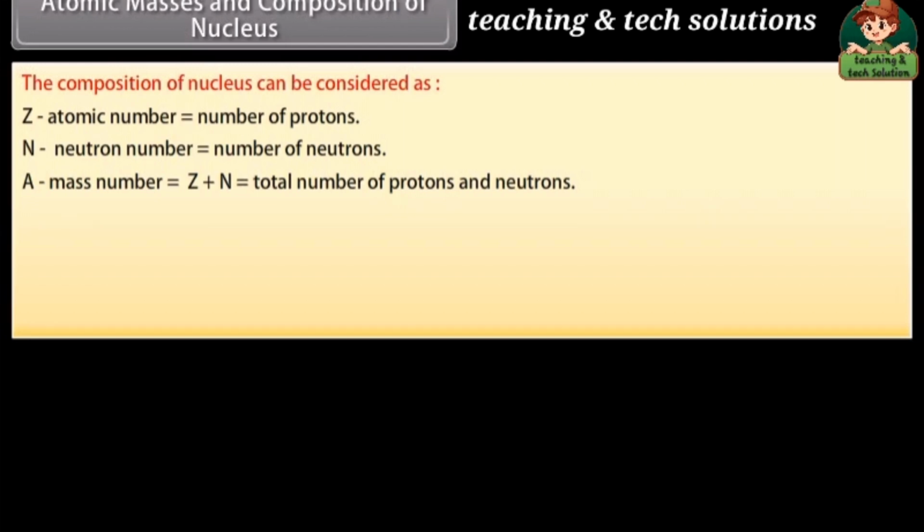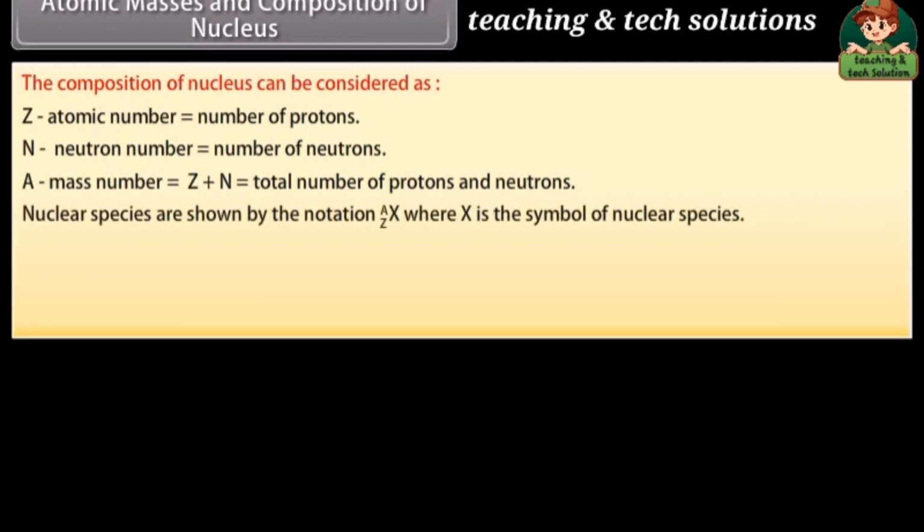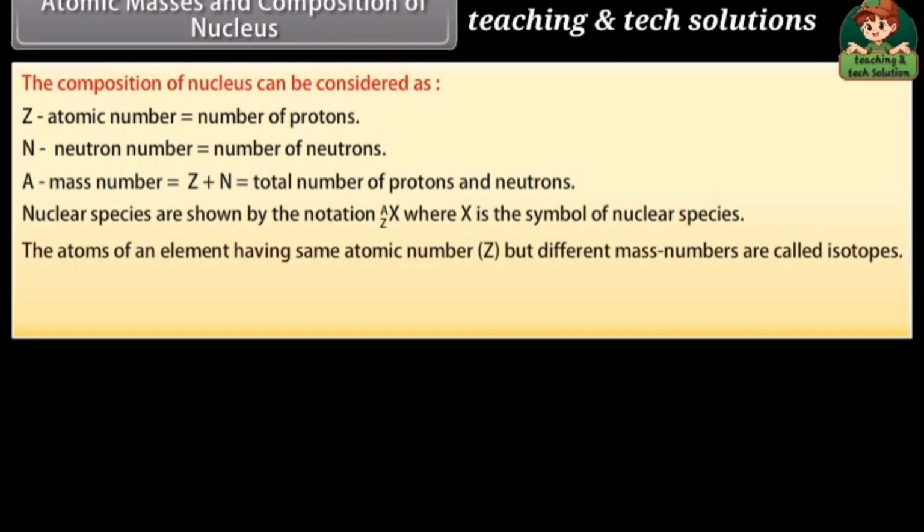Nuclear species are shown by the notation where X is the symbol of nuclear species. The atoms of an element having the same atomic number, that is Z, but different mass numbers are called isotopes. For example, isotopes of hydrogen are